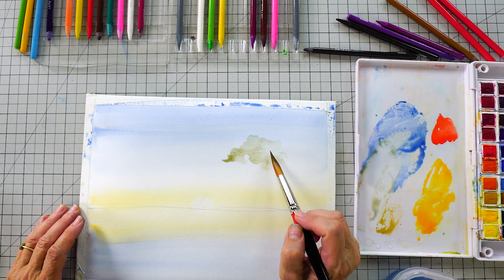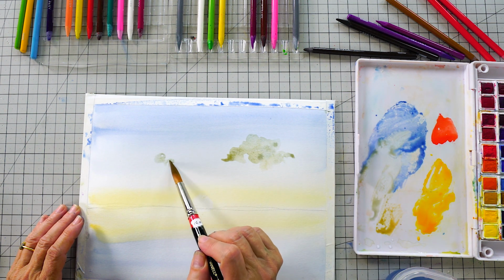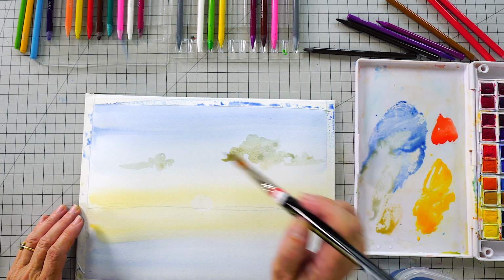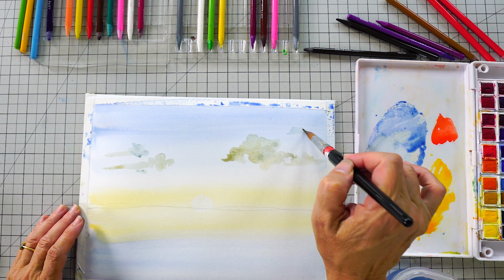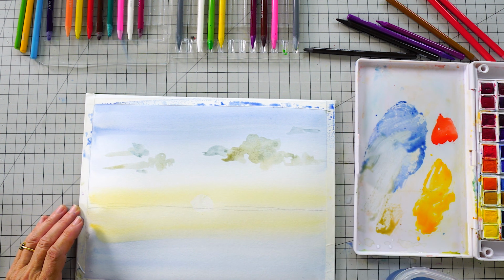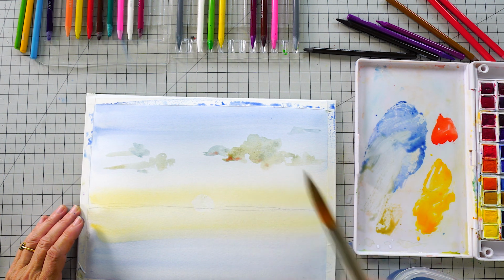If I want them to look a little darker, I can drop some more color into it like that. Maybe I'll put a smaller one over here. And in this time of day, a lot of time there's a little bit of a wind, so you may want to put a few streaks on them to indicate that it's moving. Make them different sizes and different looking shapes. Because this is picking up some warmth from the bottom here where the sun is, you may want to put a little bit of that in there. While it's still wet, you can just drop it in and it will have that look,